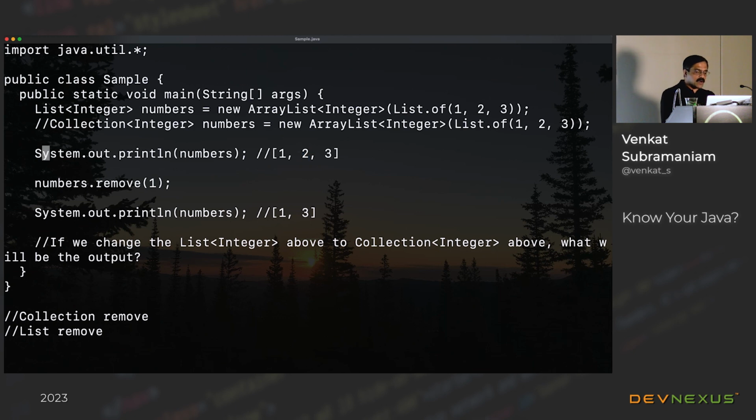So it turns out that we have a function right here which is going to take an index. But as it turns out, the collection has a function that takes an object, and so does the list. So far, so good. But then what they did is they overloaded while overriding a method that takes an int. This technique is also known as a bad idea.